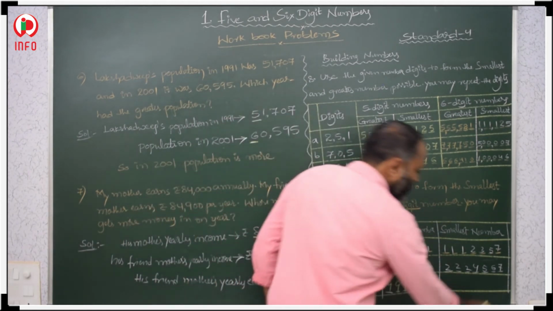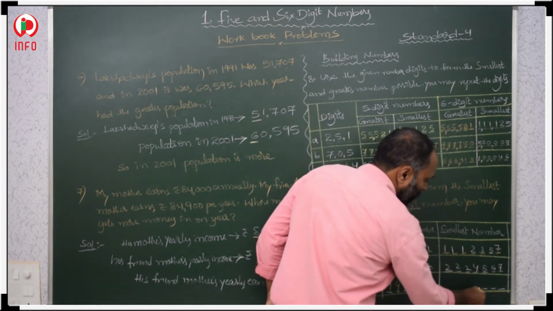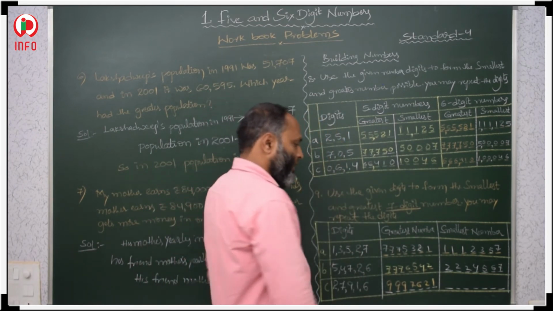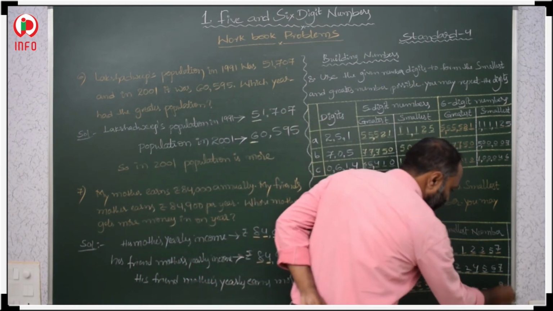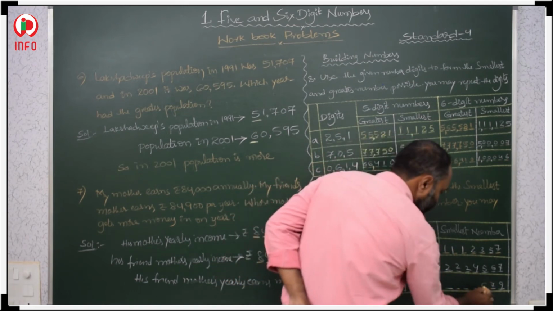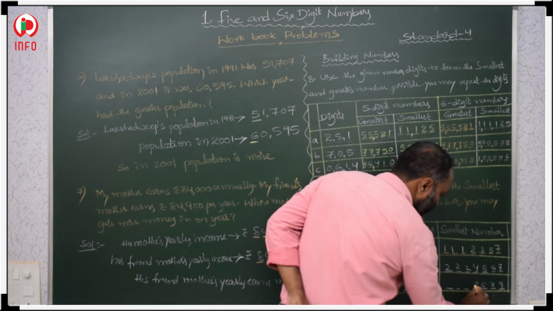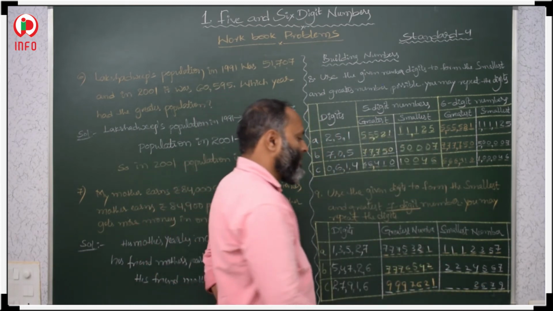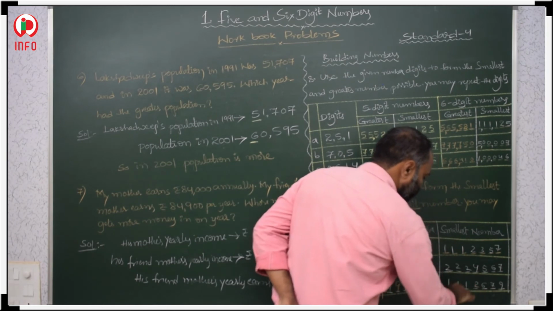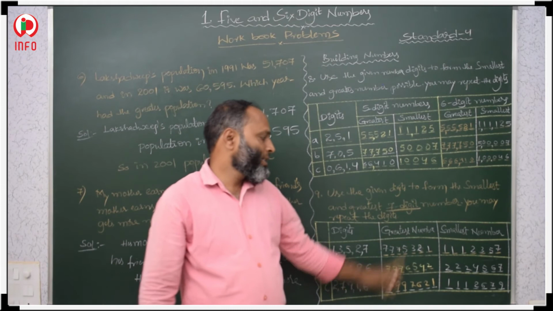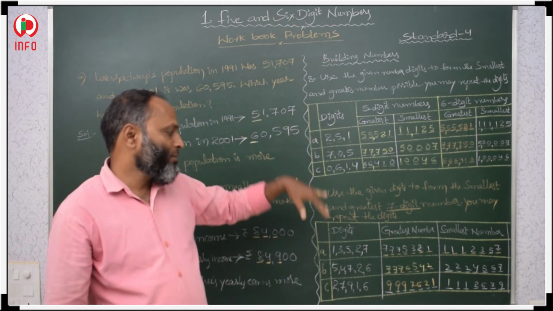Here in this case also same. 1, 2, 3, 4, 5, 6, 7. First you take the bigger number, 9. Then smaller than this, 7. Then smaller than this, 6. Then smaller than this, 2. Then 1 is left. That one you repeat. So in the remaining places, 1, 1, 1. You will get a smaller number. In this way we have to arrange the greater number and the smaller number.